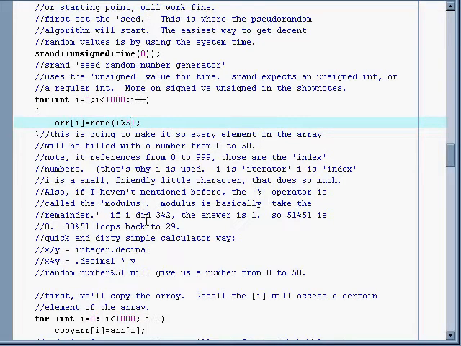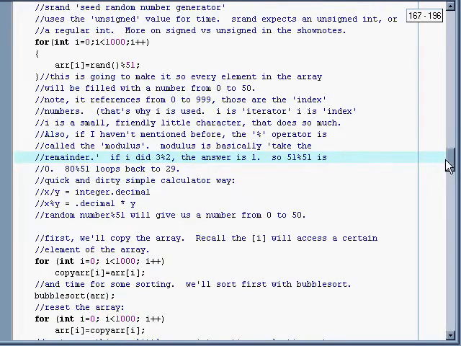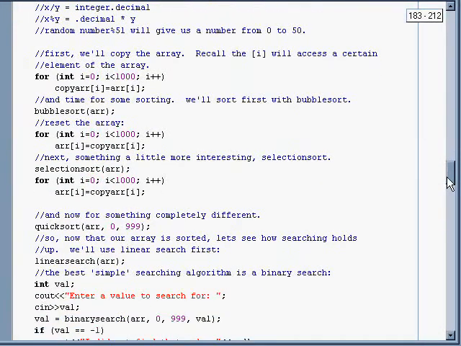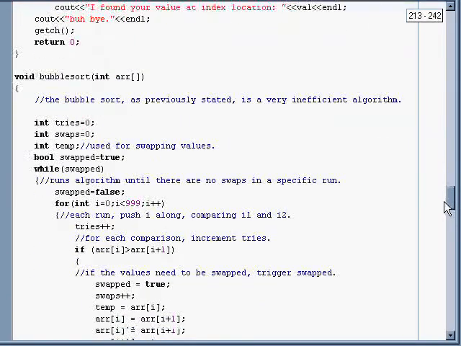So what is modulus? If I didn't describe it before, it's that percent sign, and it's the remainder of. So 3 modulus 2 is 1, 51 modulus 51 is 0, 80 modulus 51 is 29. So our random number modulus 51 is going to give us a set of numbers from 0 to 50 and fill each number into one element of our 1,000 element array. So first thing we do before we run off, we're going to copy the array, and then each time we run a sort, we recopy it. But let's jump into the actual sorts,